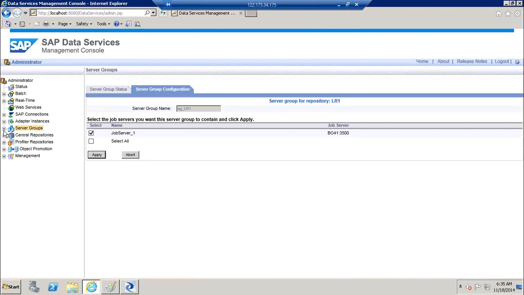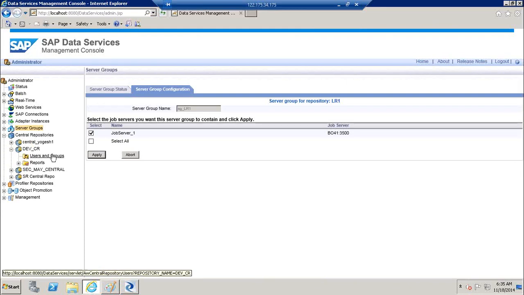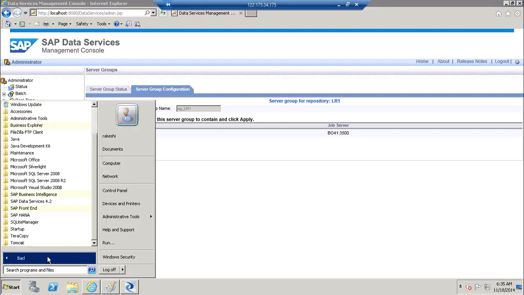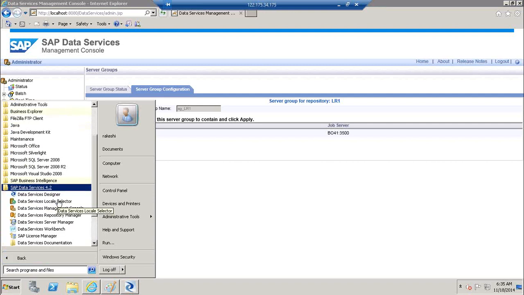That's about the server group, and we saw the central repository in and out, the secure central repository, and then users and groups. So we'll deploy the users from the central management console, create groups here, and map the users to those groups so that they will get their respective authentications, right? And the next one is the profiler repository. So what is a profiler repository? If you want to take some stats on your data,